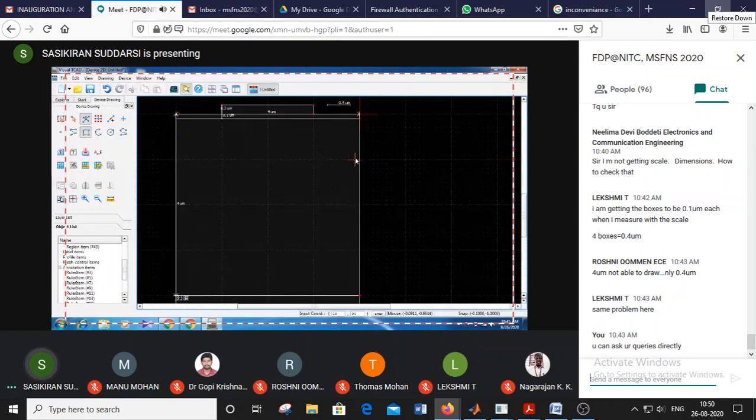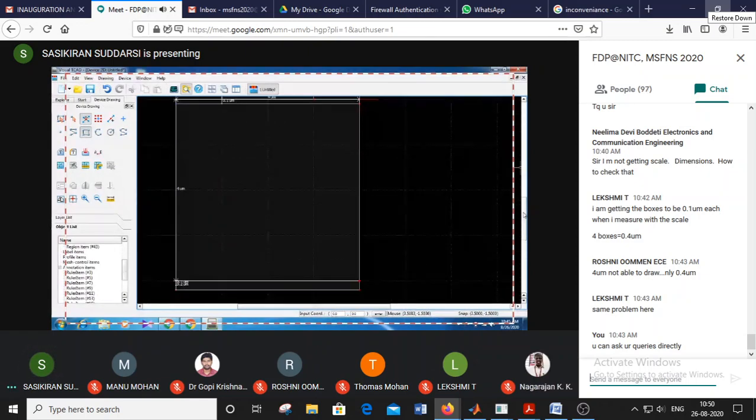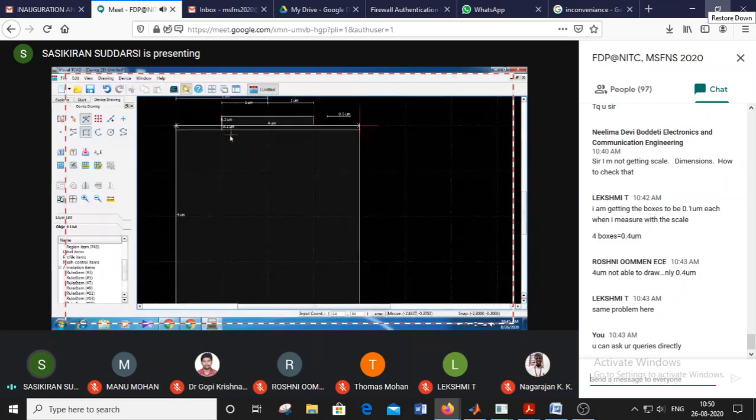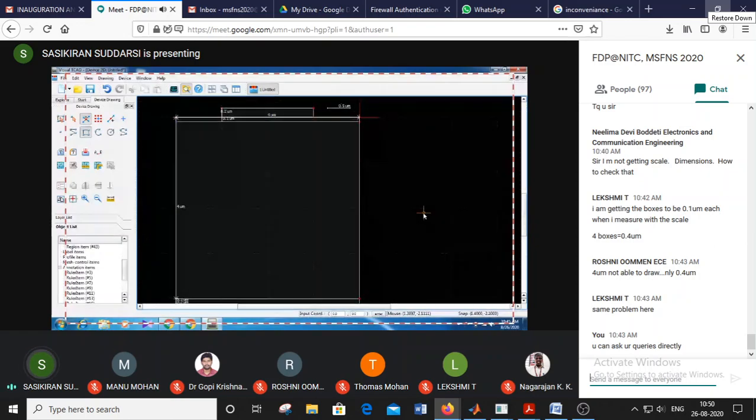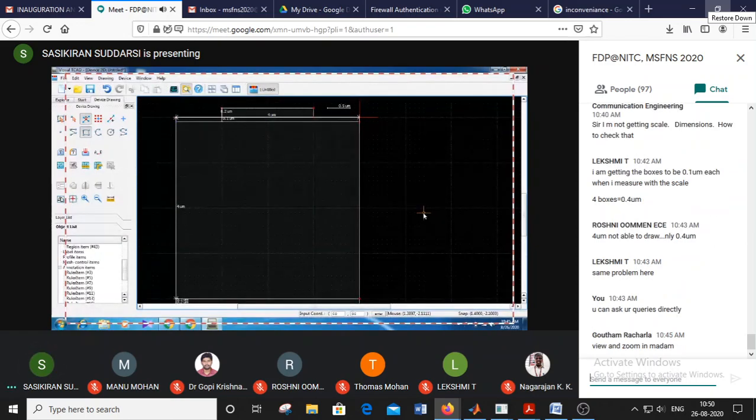So we have drawn already the first region, the second region and the third region. The fourth region we will draw later. Why? Because here some steps are given. This is a sequential process, meaning we need to perform one after the other. Not that the fifth step is first and the fourth step is next. No, not like that. We need to follow these steps. Okay, it is a sequential process.